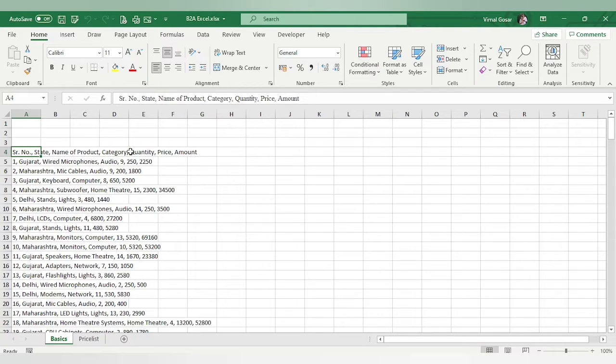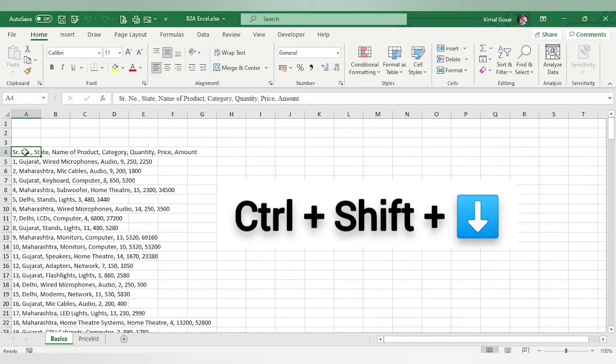we can separate them in terms of different columns. But we won't be able to do it manually. So instead of doing that, we have an option of text to column. The first thing is that we are supposed to select this completely. So I will be using the shortcut Control, Shift and down arrow key.